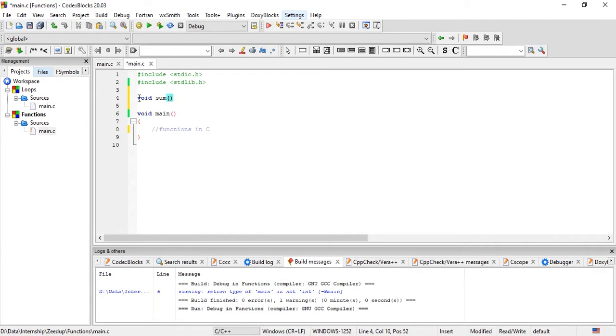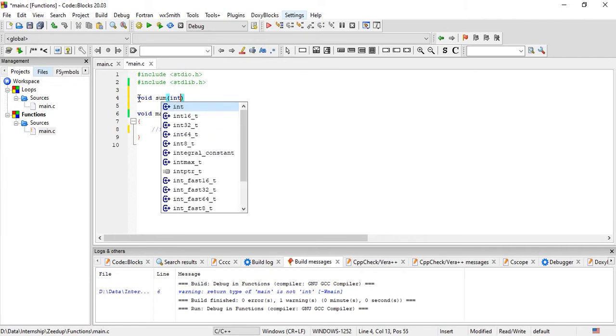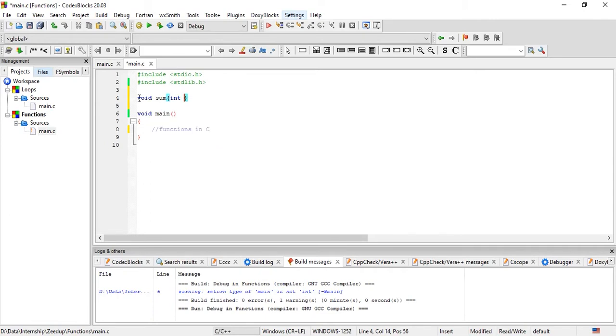So this is a very important part. Whenever you are trying to accept any arguments in your function, what you need to do is specify the data type of the arguments you are expecting. I'm expecting integer type, so I have written int, put a space, and then write any valid variable name. So I've written x, then put a comma if there is more than one argument, then again write the type of the second argument, which is again integer, and its name. So this is how you can accept the arguments in C functions.